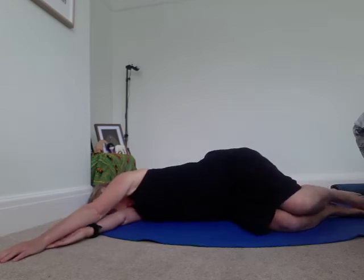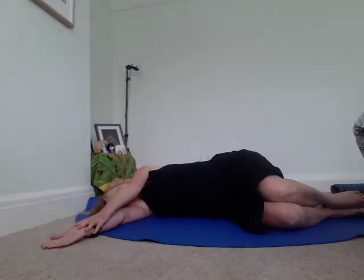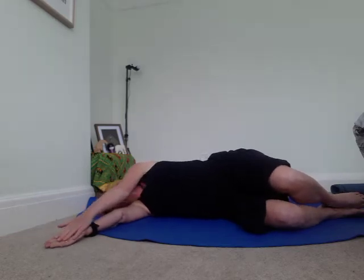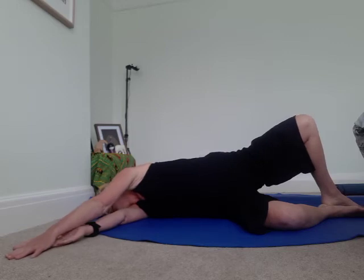Start to push your top knee forward. As you do that, slide your top hand backwards. So you can feel your shoulders trying to find the floor. Looking towards the space behind you, and then sliding your top hand back towards your bottom hand and slide that top hand forward. As you do that, open up the knees, keep the feet together,